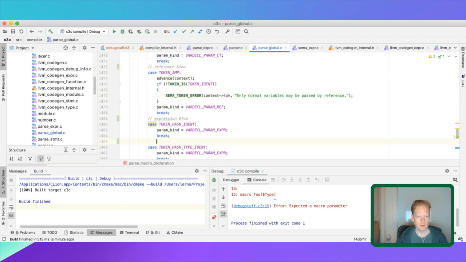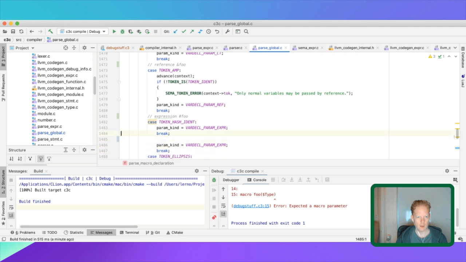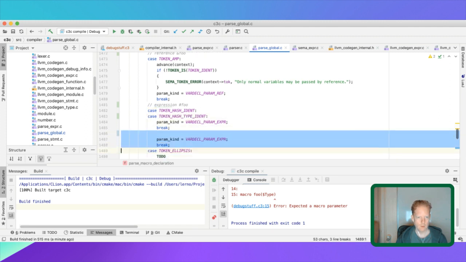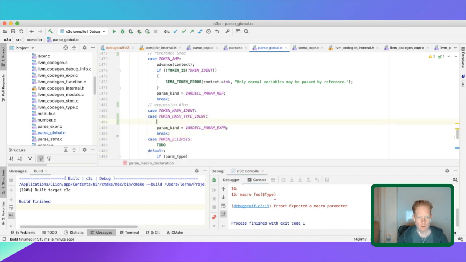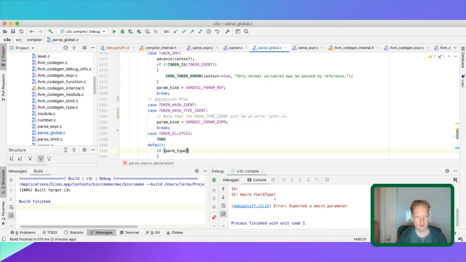And here we're just going to do the same thing, and it's actually the type ident is not allowed, right? So we can write that. Note that the hash type ident will be an error later on. We could like say that is,